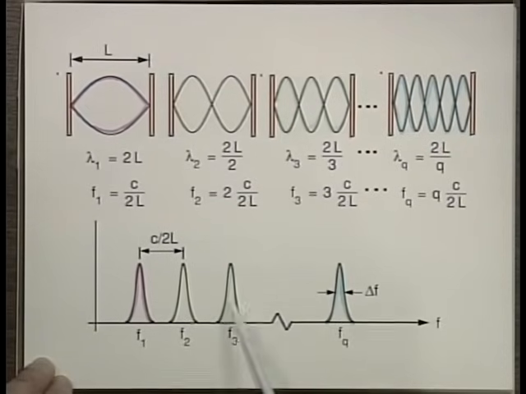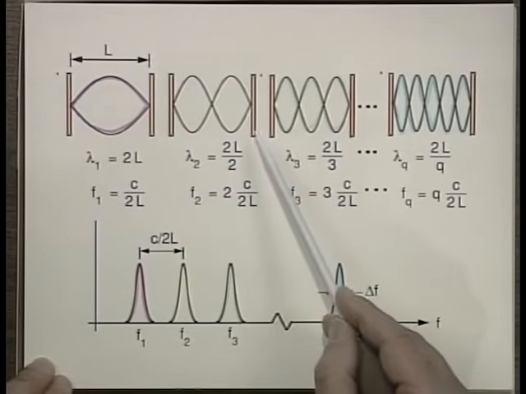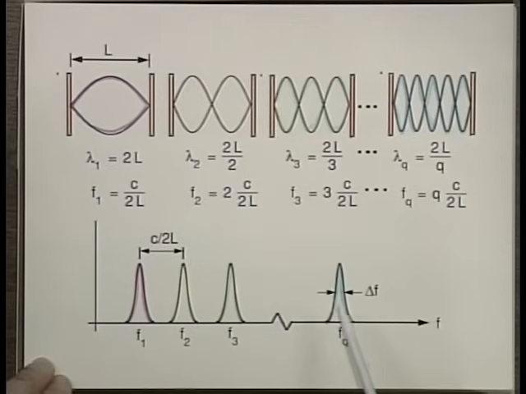And each one will have a width because of the losses. Now, not all the widths will be the same because some losses will depend on the wavelength or the frequency you're at. Since the mirrors can have loss, but the loss can depend on the wavelength, these widths can vary. So now this explains the resonator,